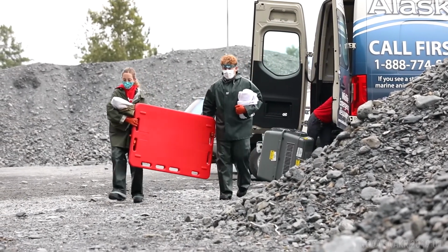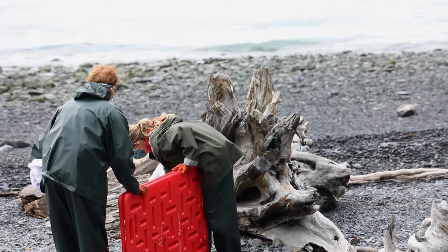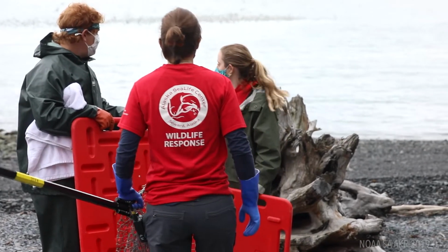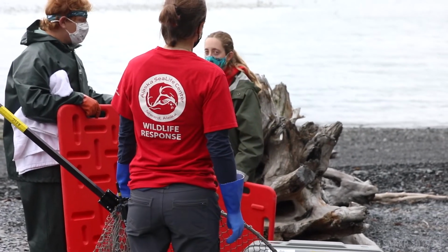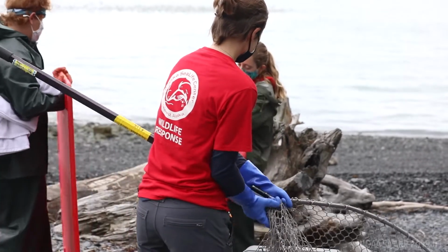And our wildlife response team did keep eyes on it for a few days and determined that it wasn't getting better. It did appear to be losing weight. And so it was felt that it did need our assistance. Now you can see here, they kind of go over a game plan. How are we going to get this animal